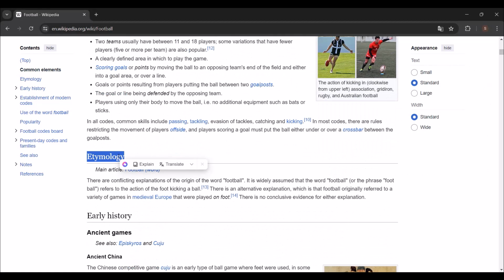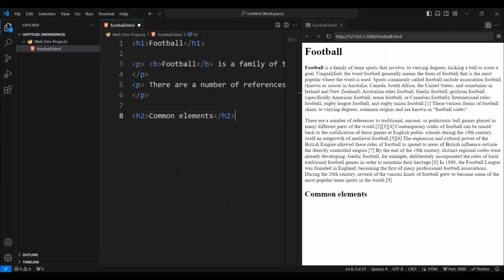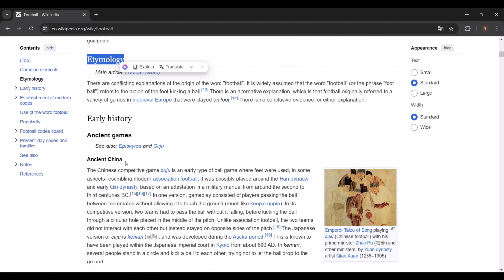Let's copy etymology. Let's press Ctrl D. It's not working. I want to duplicate that line, but I don't know the shortcut. So I'm gonna go down here, another H2, and let's put this etymology. Let's go back here and let's copy this. This is also an H2.